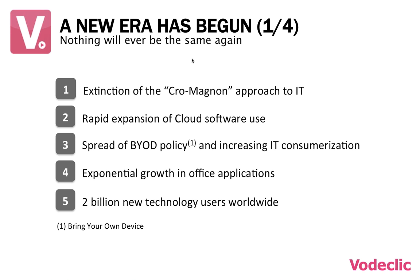The fourth thing is the exponential growth of Office applications. If we take a look at Microsoft Office, which probably most of you are using on a day-to-day basis, Office 2000 included four pieces of software: Word, Excel, PowerPoint, and Outlook. If you take a look at Office 2013 and even more Office 365, now on top of those four, you have Yammer, you have Skype for Business, which was linked previously. You have